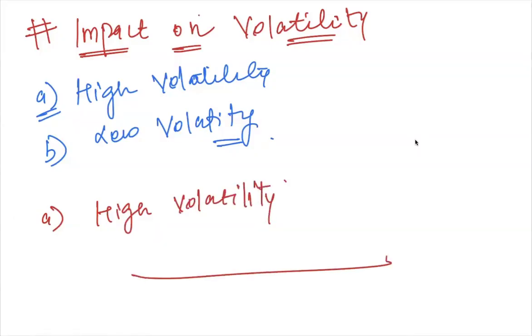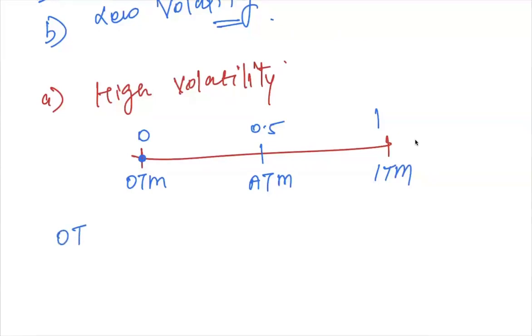Tell me one thing. You see out of the money, at the money, in the money. We have 0, 0.5, 1. Let's say it's OTM. Tell me one thing. When the volatility of the stock increases,